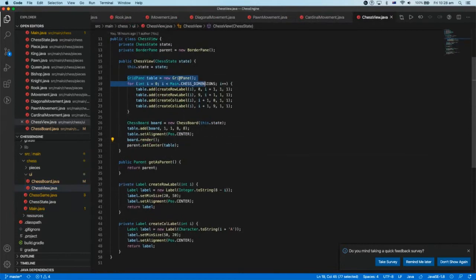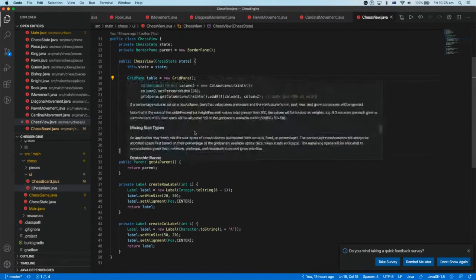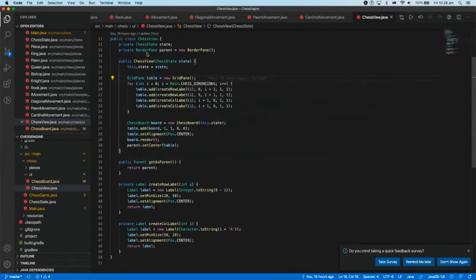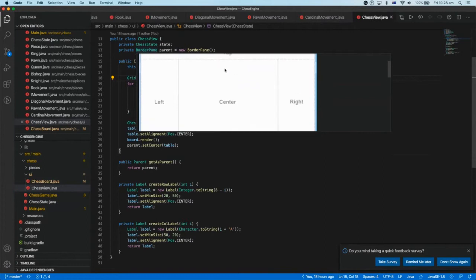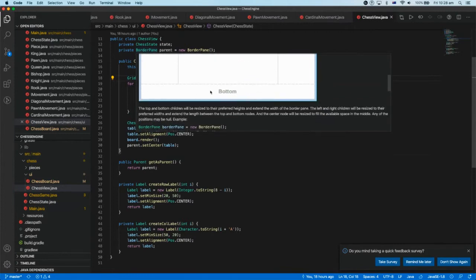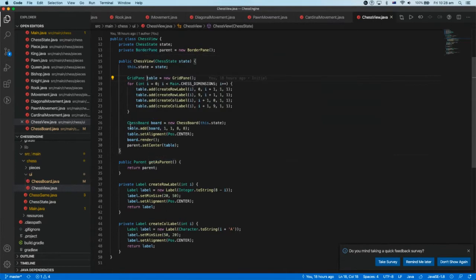We have a table, which, as you can see, if we mouse over this, oh, it doesn't show a nice table. Sometimes it does. If you see the border pane, yeah, right. This is what our border pane looks like, and our chessboard is going to be in the center. We can place buttons on the bottom, we can place text on the top, which we probably will today. And then we have a chessboard here, which matches a grid pane. So it's basically just a grid of